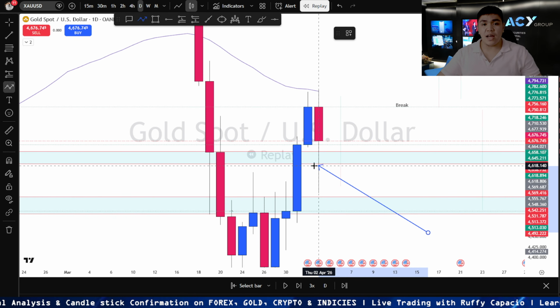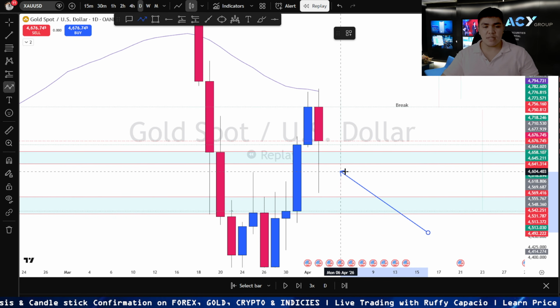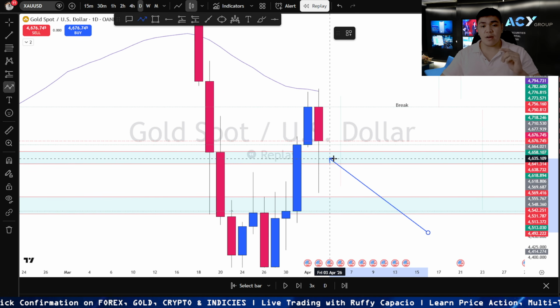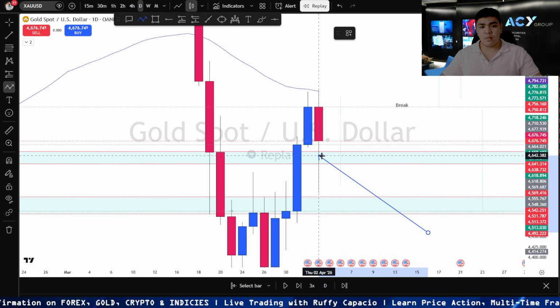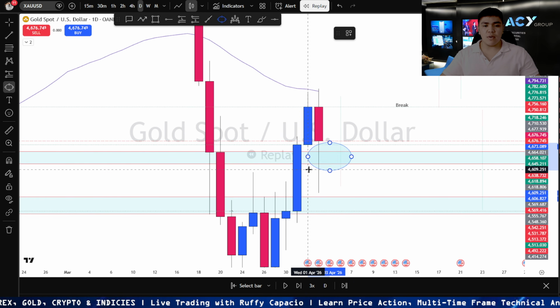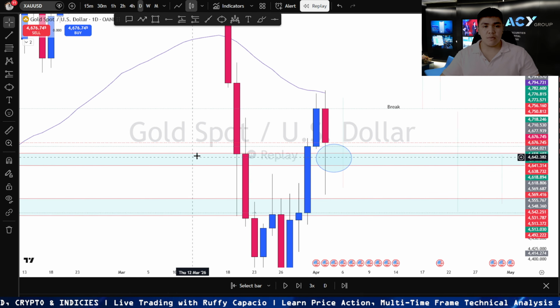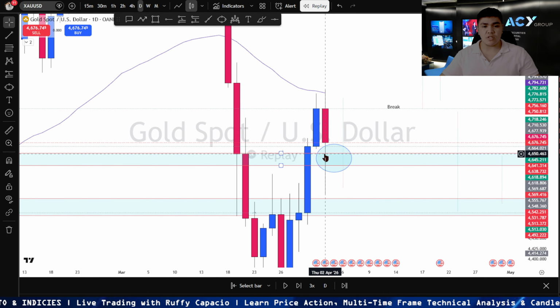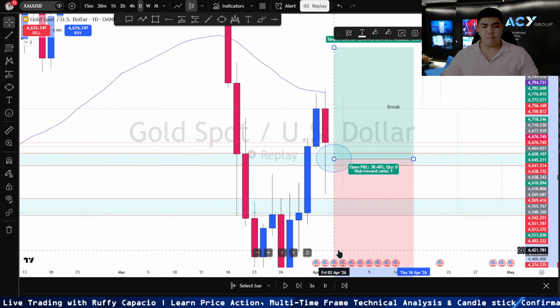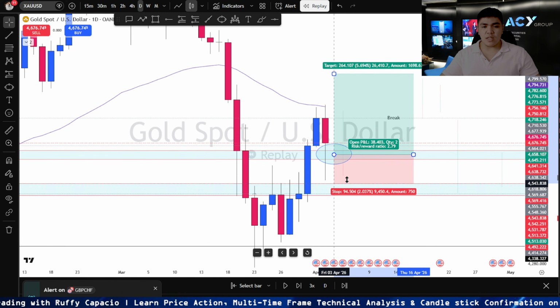So you already got it, guys. Now, as you can see here, price is above, so therefore this is already acting as a support. All we had to wait for is the third step, the rejection. Right after that rejection touches the level, we could probably have our buying opportunities on the lower time